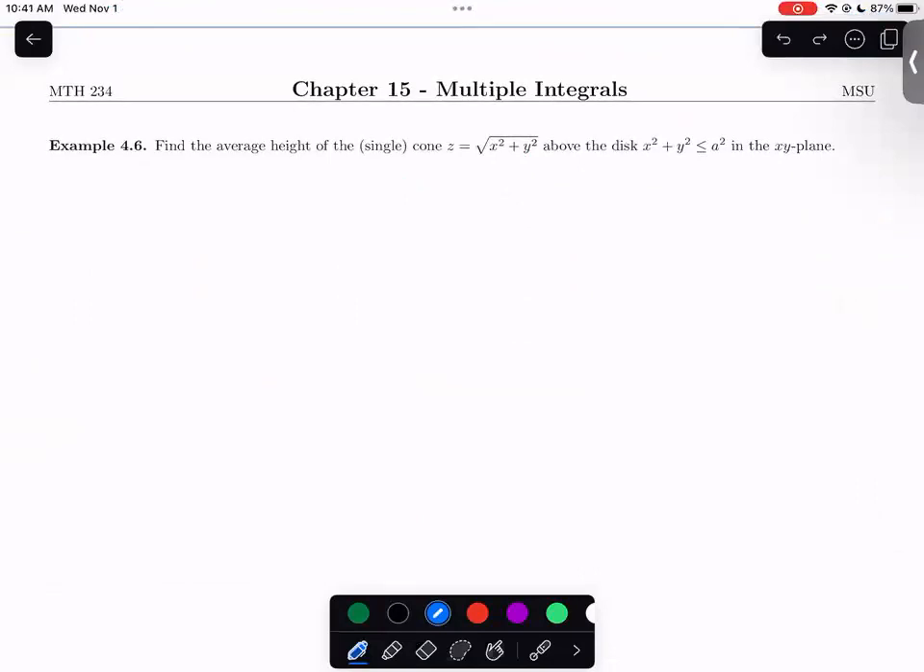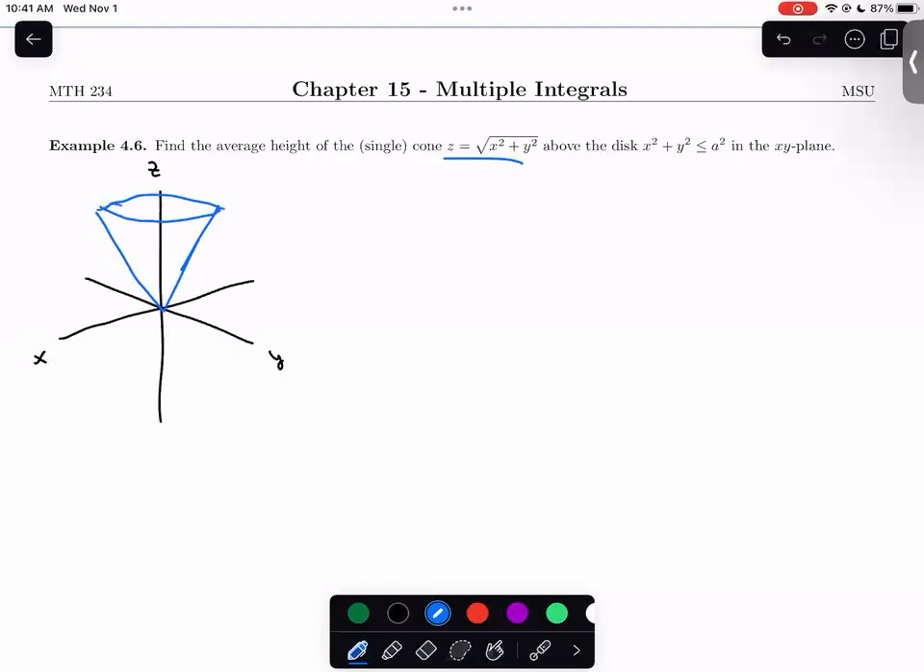Find the average height of a single cone, or a half cone if you'd like, above the disk x squared plus y squared is less than or equal to a squared in the xy plane. So let's go ahead and maybe try to visualize this one really quick. These are the positive z values for our classic cone equation. So maybe I draw my x, y, z coordinate axes here. Our full cone would have negative z values as well, so this is only the positive square root. So we have a cone that looks like this. And of course, this cone would normally go on forever,